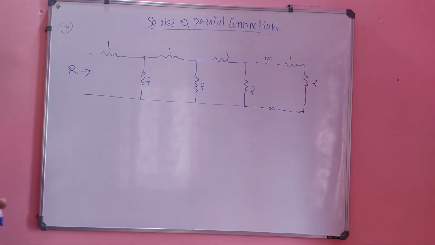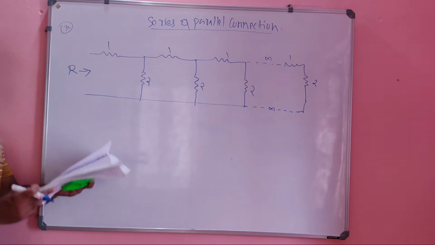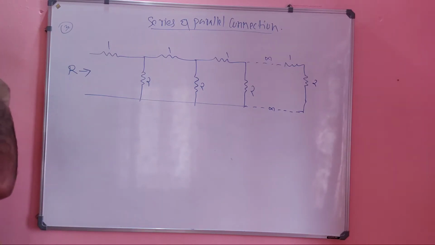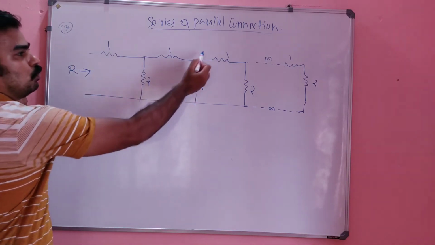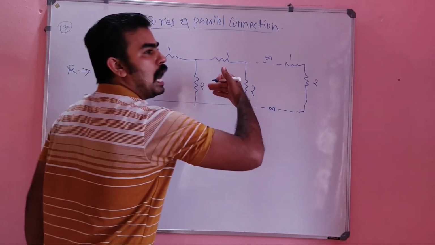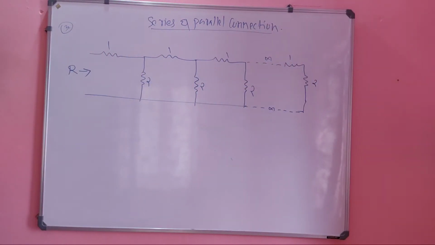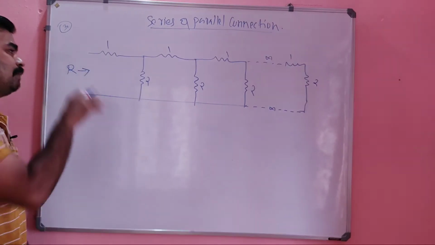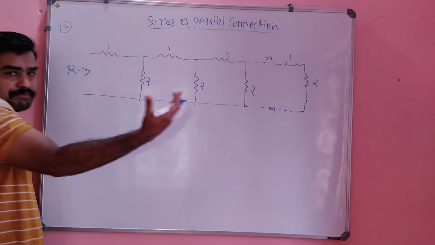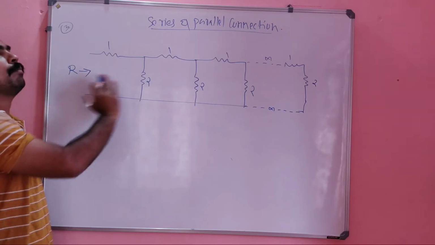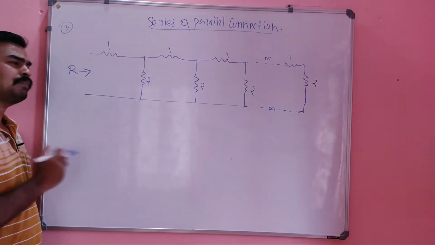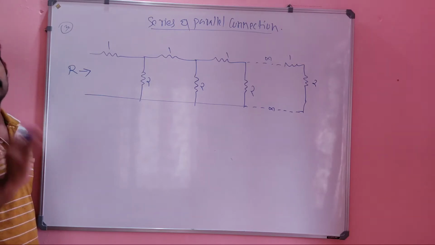Okay, see this question. Now we have to find the value of R. Clear? See. So in this circuit, it is given as 1, 2, 1, 2, 1, 2. This combination is repeating up to infinity. So when I am looking from this side, I feel an effective value of this combination of resistance up to infinity value. Okay, up to infinity, the combination will be, I assumed it as R. We have to find this value R, that's all.